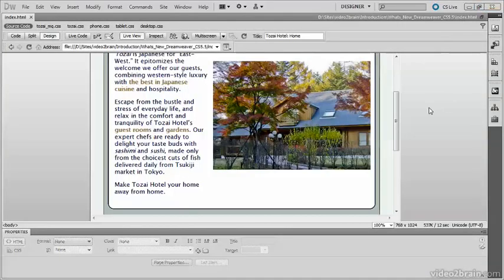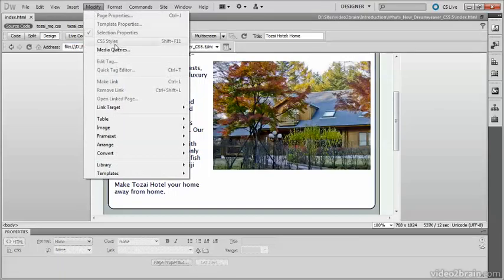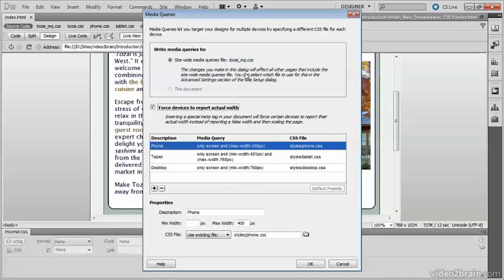Dreamweaver simplifies working with media queries through the creation of a site-wide media queries file. If I go to the Modify menu, open Media Queries, you can see that I've set up this site with a site-wide media queries file called Tozai MQ CSS. And here are my three style sheets, which are controlled by media queries. The first one shows only for a maximum width of 400 pixels. The second one, anything between 401 pixels and 768 pixels, and the desktop one is anything which is more than